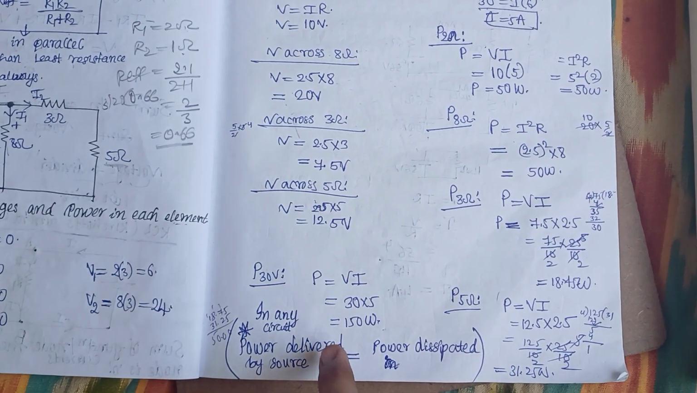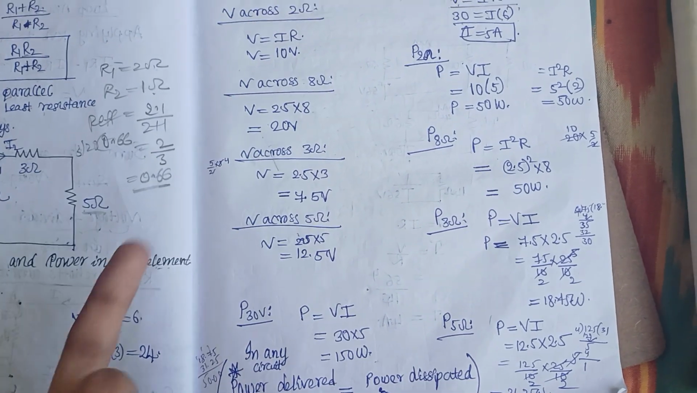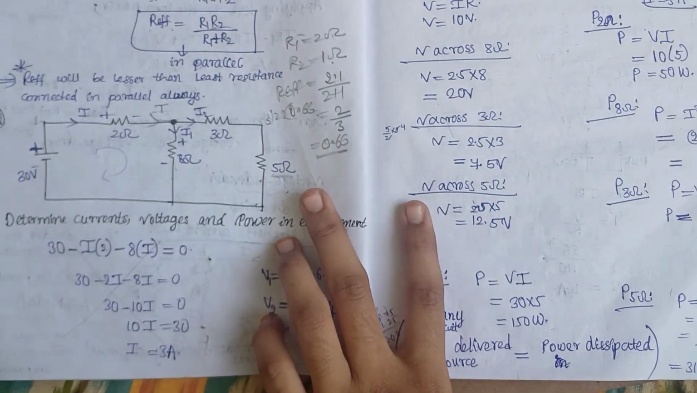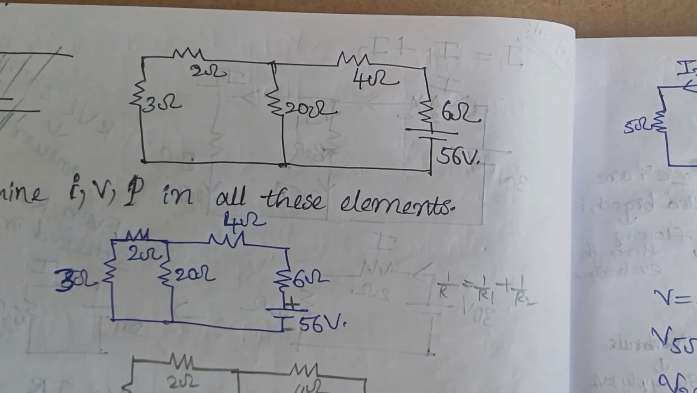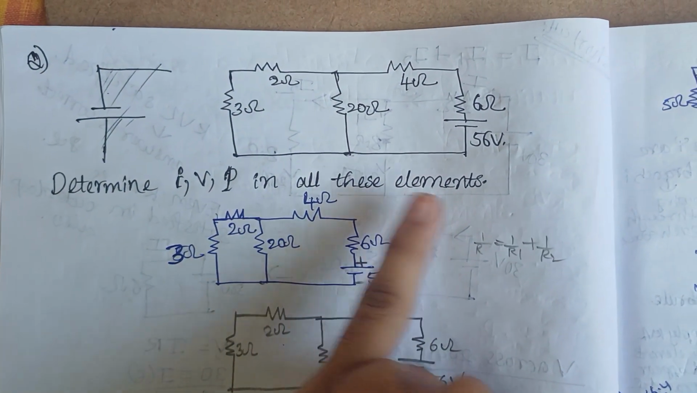That is, your power delivered by the source should be equal to the power dissipated by these elements, like the power dissipated by these resistors. Okay, hope you have understood. And coming to this another question, here also you wanted to find the current, voltage and power in all these